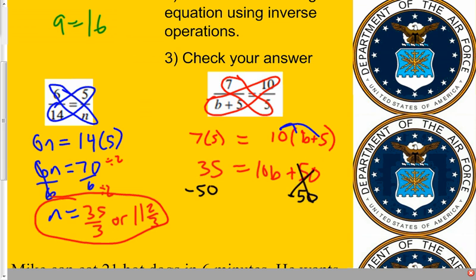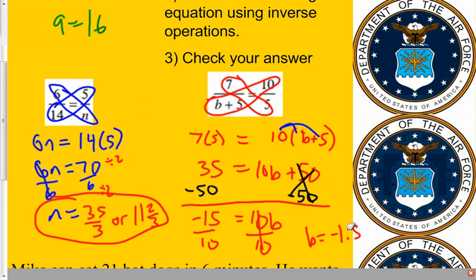Cross that out. So I'm left with negative 15 equals 10b. Now finally, I'm going to divide both sides by 10. And I end up with b equals negative 1.5 when I divide it out. Now the third step would be to check. So if you want to plug that in,